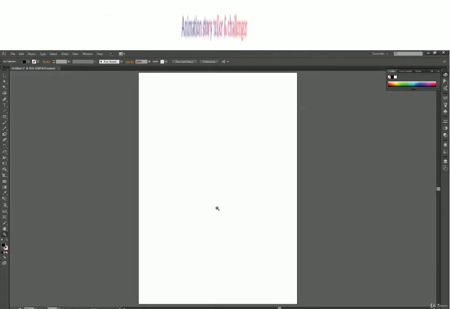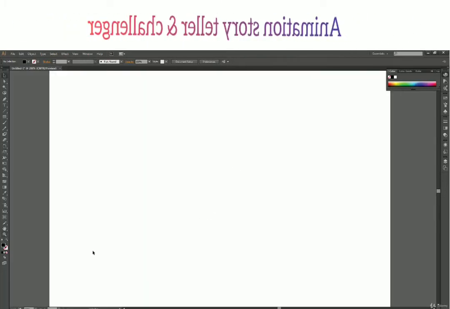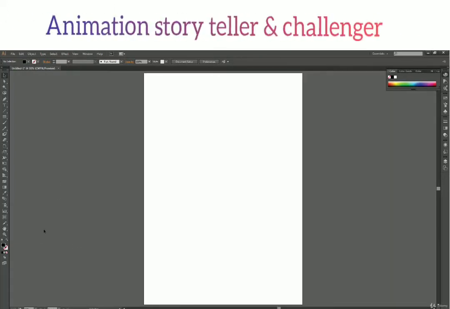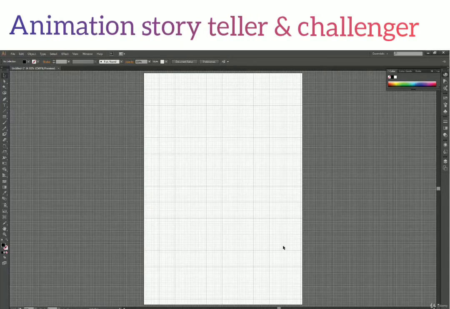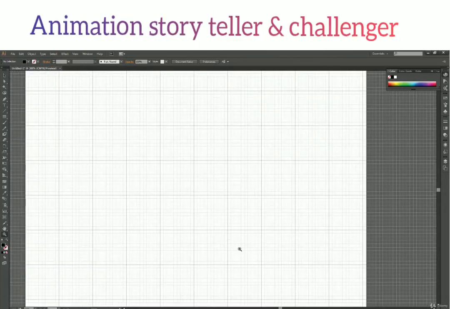Now I have this plus icon in the middle of a magnifying glass. So when I click, I zoom in. Now you won't be able to see much difference because I haven't made anything. So let me just turn on the grid so it will be visible here. So press Z to select the zoom tool and click to zoom in on the document.